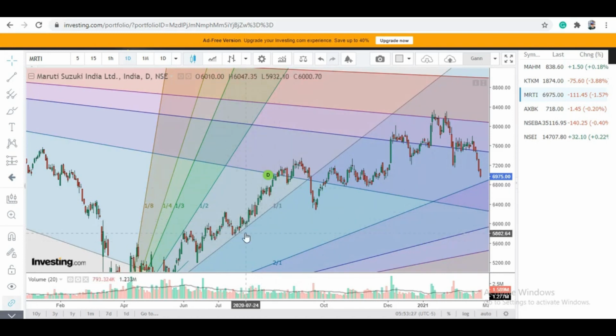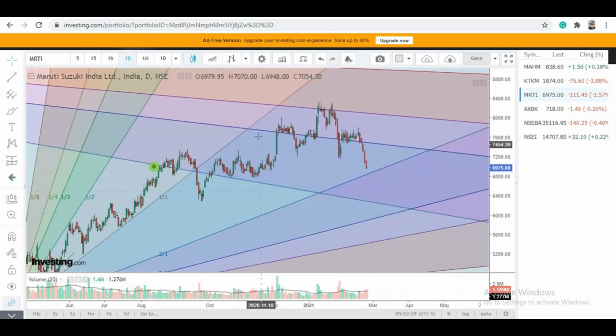The same goes the other way, right? This is considered a descending line, and if your price is moving between this line and does not break the previous high, it is considered bearish, right? So this is how it helps us in the Gann fan, and it's very easy to plot on